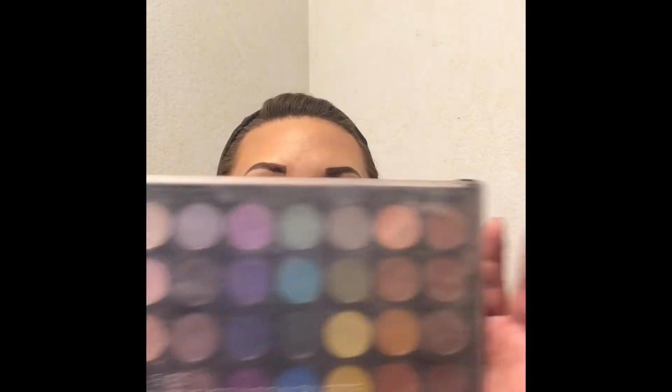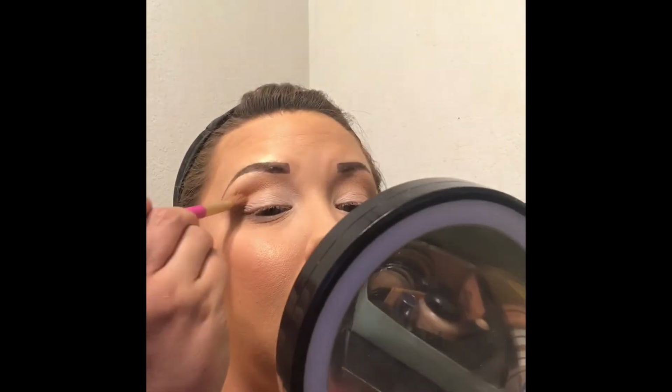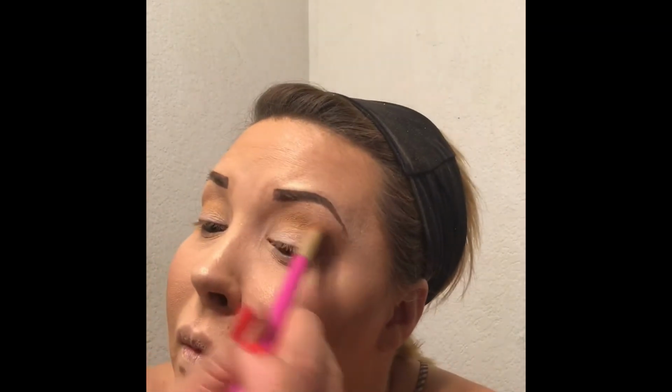Now for an oldie but goodie, I'm going in with my BH Cosmetics foiled eyeshadow palette. I have not used this thing in years, you guys, and I'm gonna go in with this mustardy gold color, and I was just gonna pop that in the crease to kind of lighten it up and give it more of a yellow brownish look in the crease, but this wasn't as pigmented as I thought it was going to be,